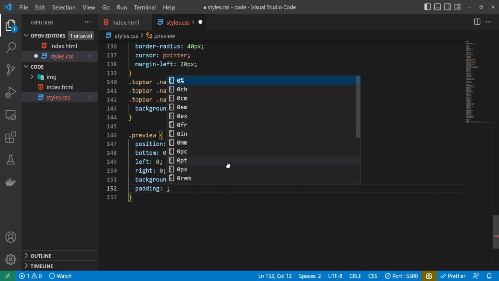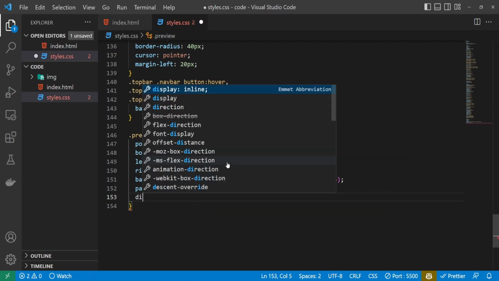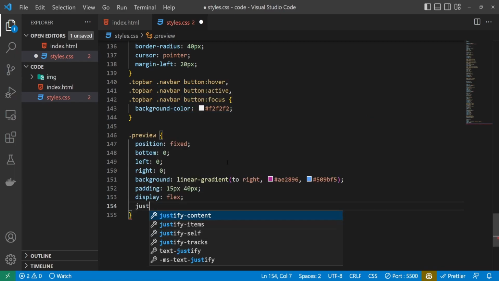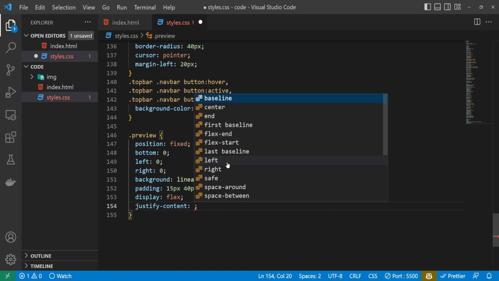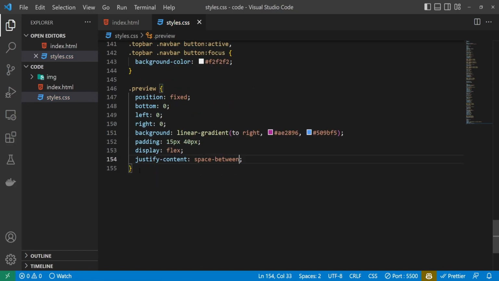Now the padding for this one will be 15 pixels top and bottom, 40 pixels left and right. We will also display it as flex, so we can move our content, and we will move the content with this justify content. We will set it to be space between. Now for this preview,